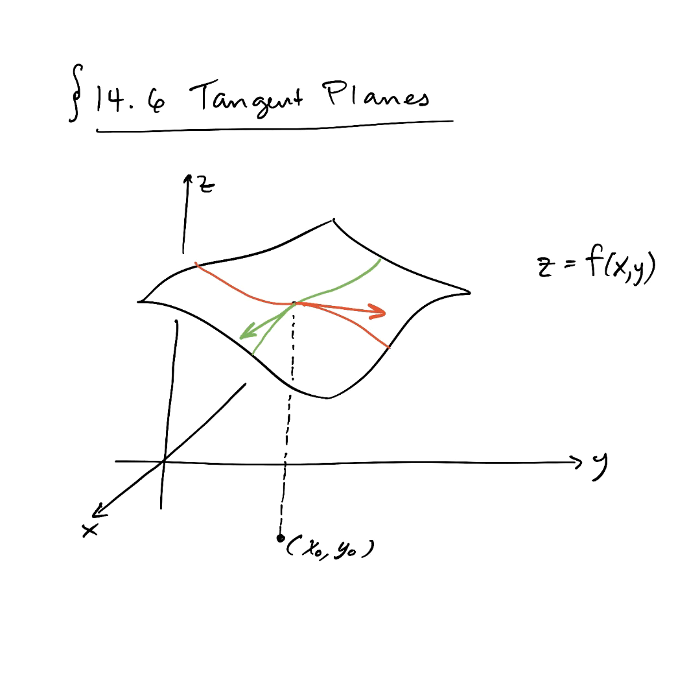Now, if we cross those two vectors together, we'll have a vector perpendicular to the surface. And that's exactly what we need to play the role of our normal vector to our hoped for tangent plane. So it all comes down to writing down those two vectors. So let's see if we can figure out what those vectors are. So there's this vector here, the green one, and there's this vector here, the red one. Let's talk about green first. The green vector,